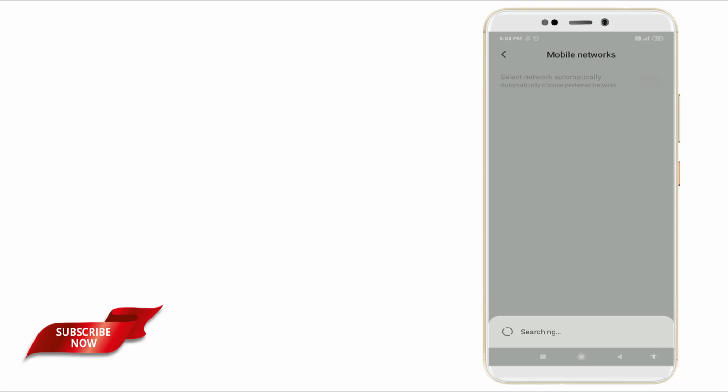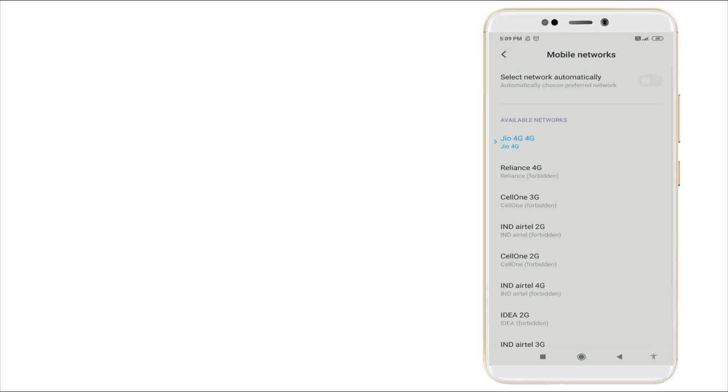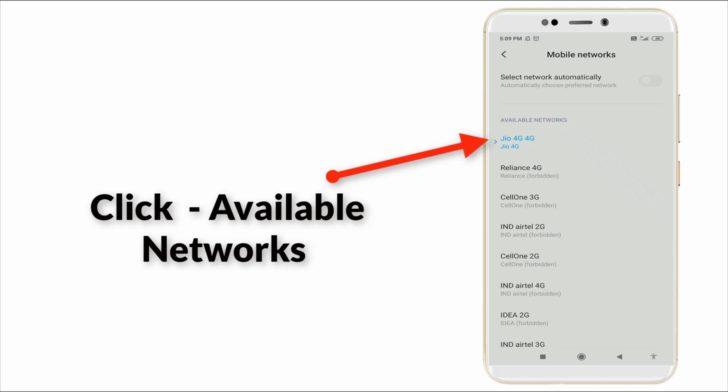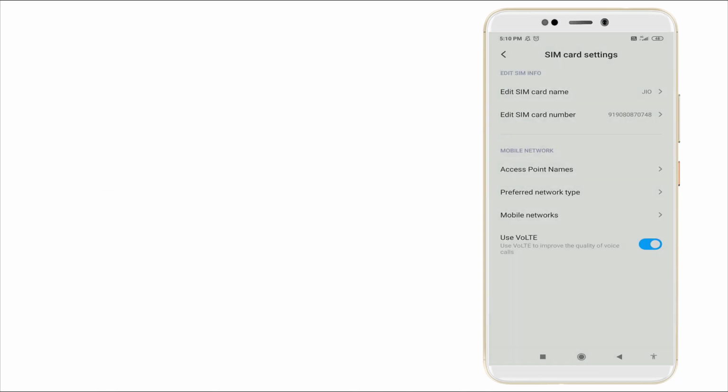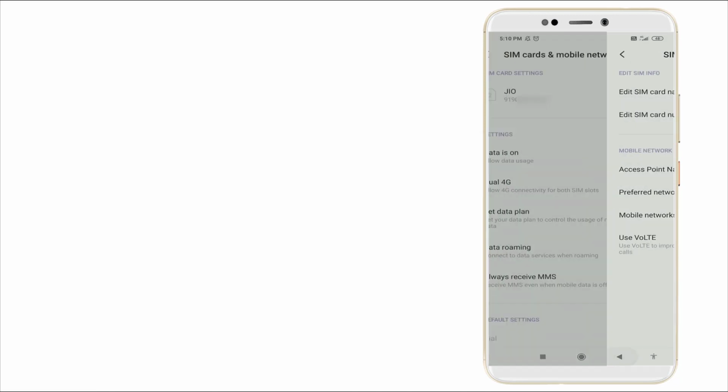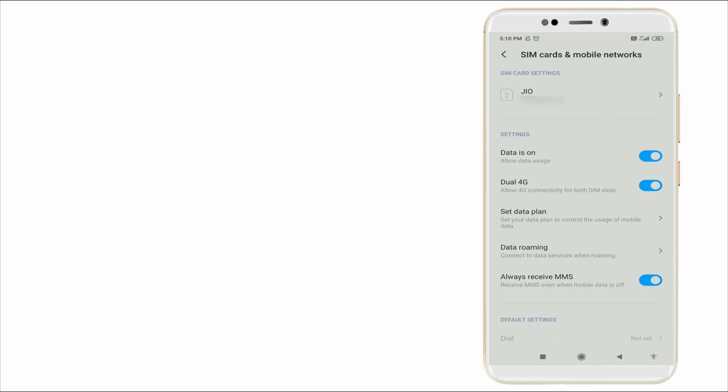It was one of the steps, and it consists of two steps. By using these two steps, this message not sending error is fixed in Android. As you can see now, the preferred available network is here. Click it, and it registers on the network. This is one step, and the other step is